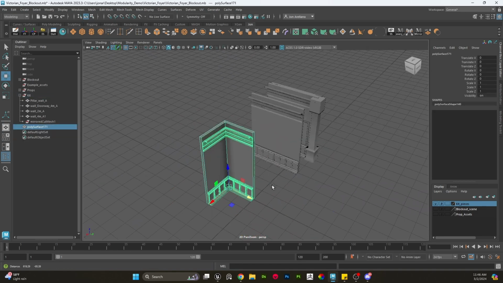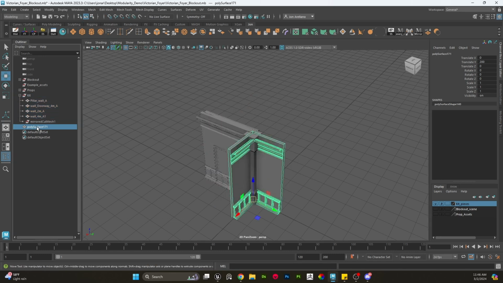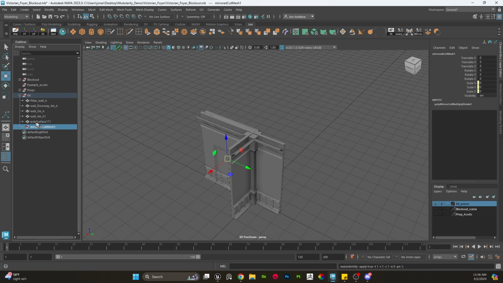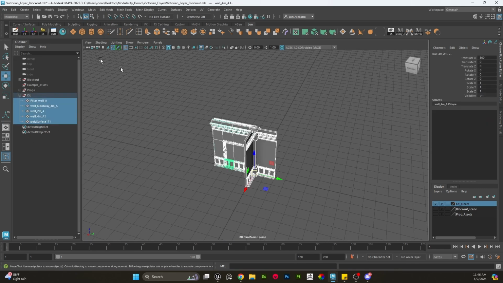So now that I got all those pieces out, I'll go ahead and put them all in my folder. Make sure that they're all named properly. I'm not going to name it right now, just so I can move on to the next part of the demo, which is testing out my kit pieces inside of Engine. I'll just export each one of these out. So I'm going to go ahead and just jump ahead